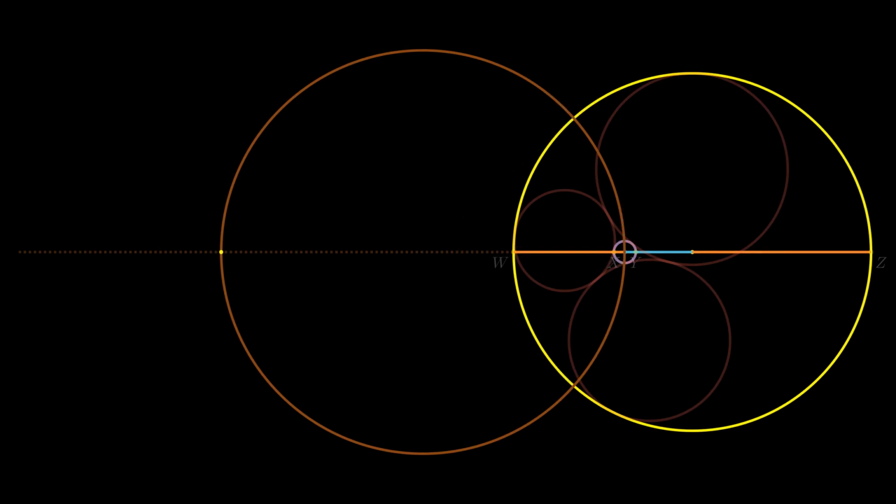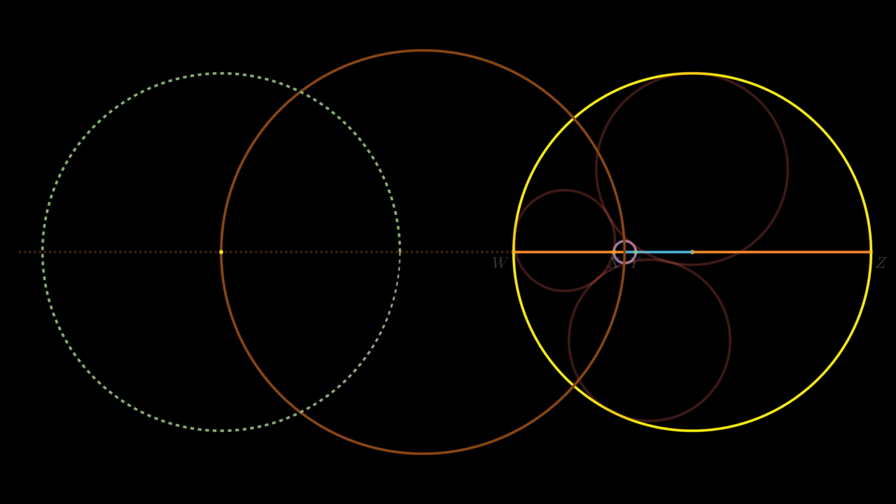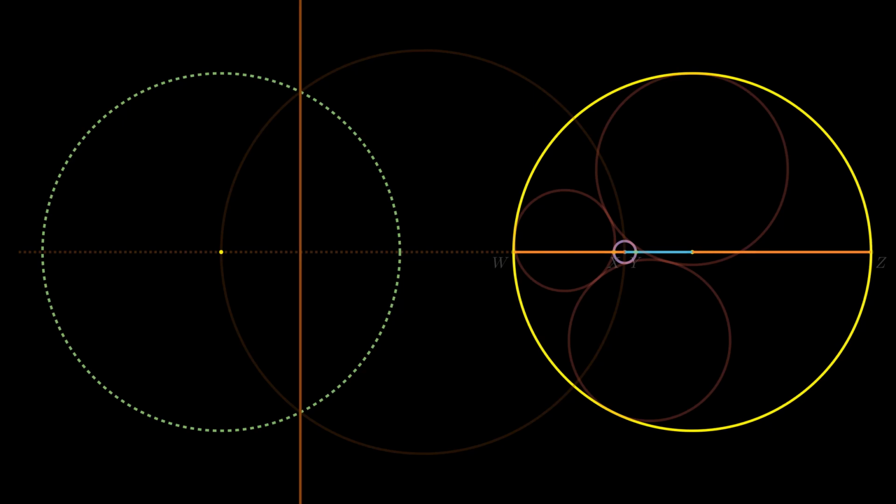Now take this point, the point of intersection between the orthogonal circle and the line of centers, as the center of inversion with some arbitrary radius of inversion. The radius of inversion actually is irrelevant, as can be seen shortly. Let's see what happens to our setup with this choice of inversion. The line of centers passes through the center of inversion, so it remains invariant. The orthogonal circle passes through the center of inversion and is perpendicular to the line of centers. Its inverse then becomes a straight line perpendicular to the line of centers.